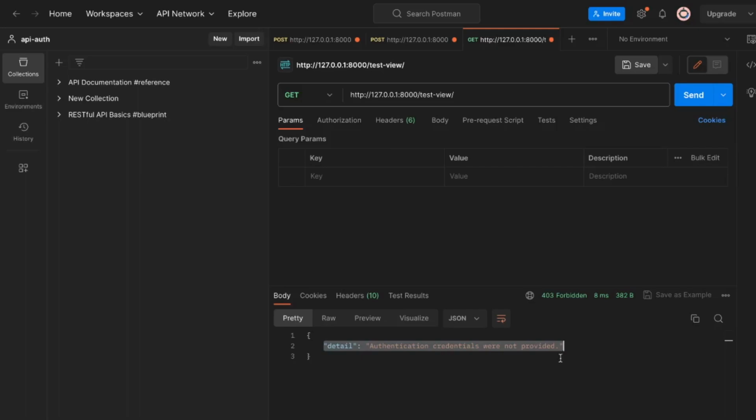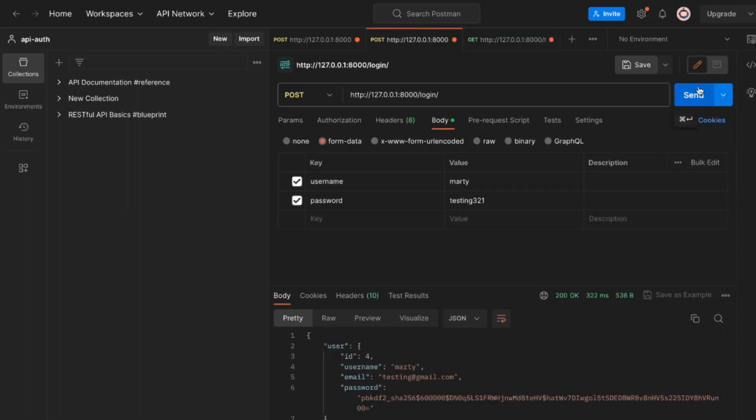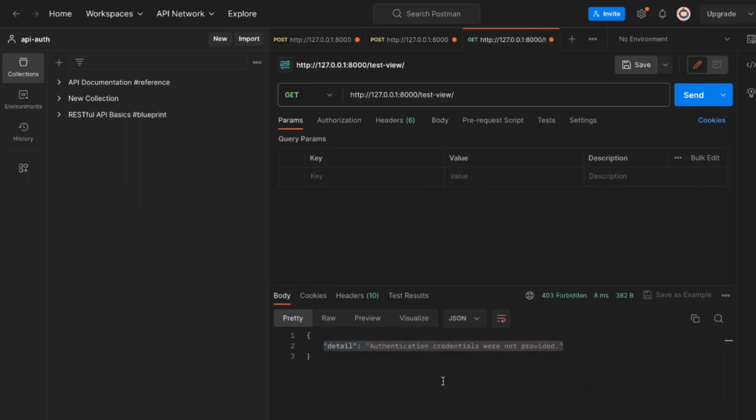So then the question comes up of, okay, how do we now access this endpoint? It's very easy. First of all, we send a request to the login endpoint and make sure we get our token. Once we get that token, we need to pass it